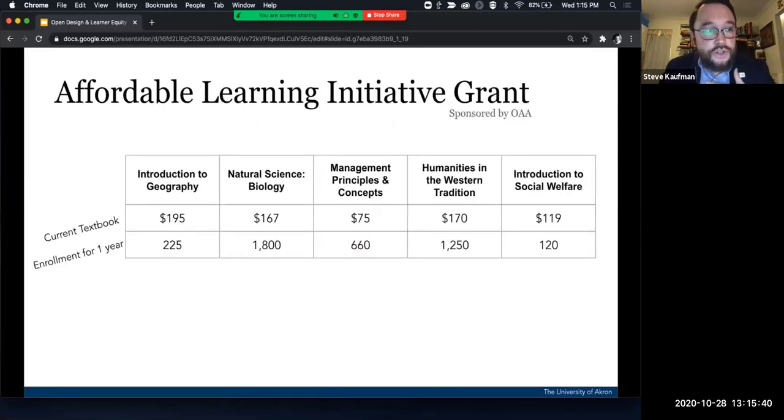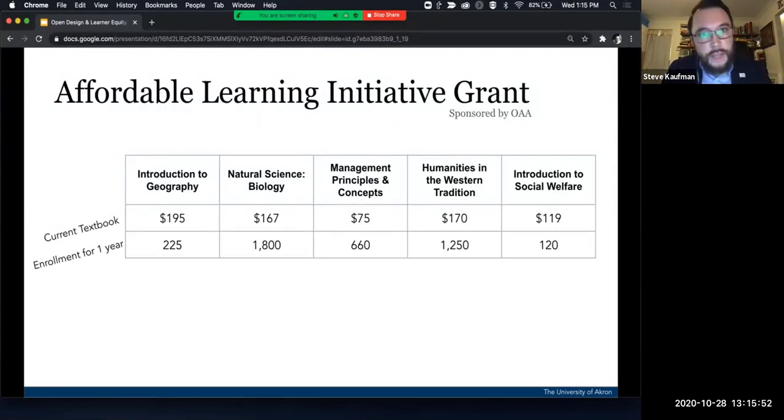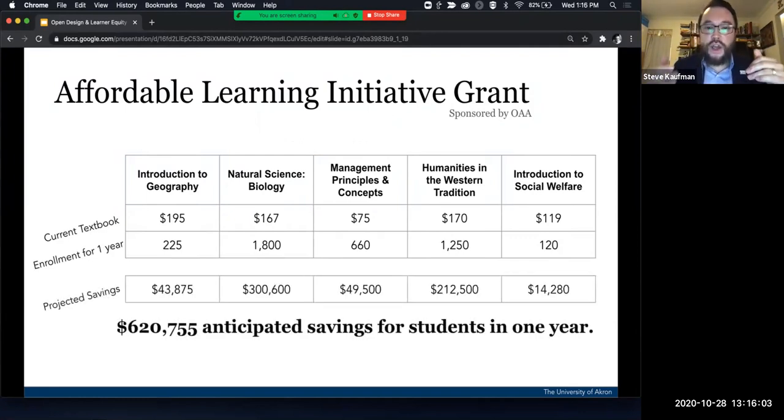So at my institution, we decided to formalize this a little bit, and we created something called the Affordable Learning Initiative Grant. And we just took 5 classes. We had 16 proposals that came in, and we trained the faculty members on how to go through and adopt OER and things that they might consider. We gave them a loose rubric to follow, which I'll share here at the end in the resource site, that allowed them to look at open textbooks. And what I can tell you is that the projected savings were huge, right?